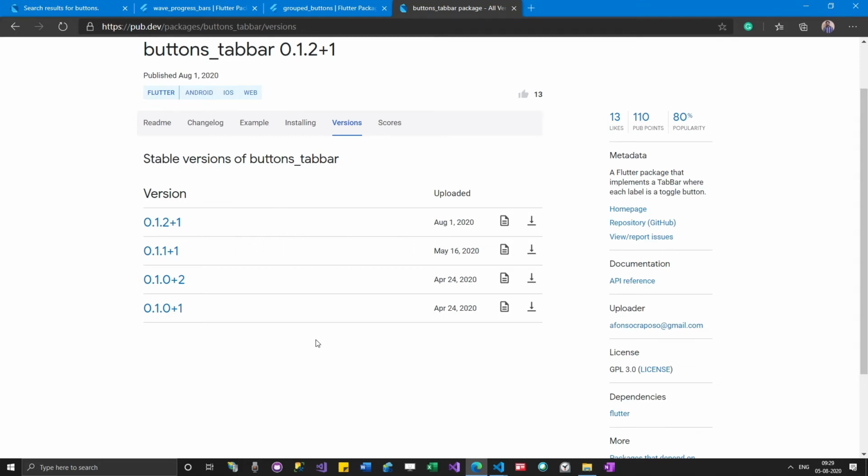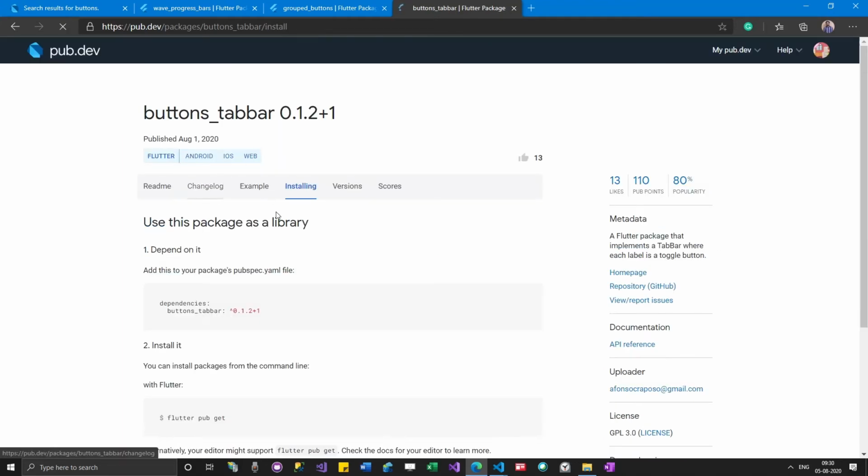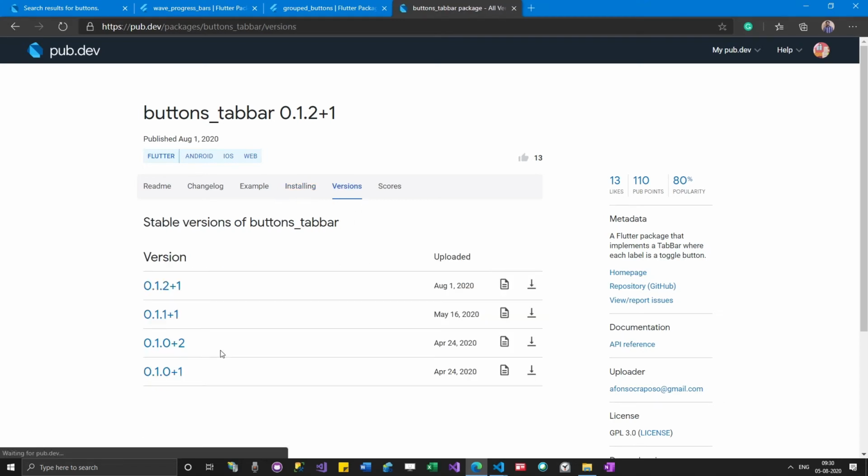Just imagine you have seen some example on the internet, and you really like it and want to do it locally. You go to the package tab and copy the latest version from here. But in the example he demonstrated, he might have used a different version number.